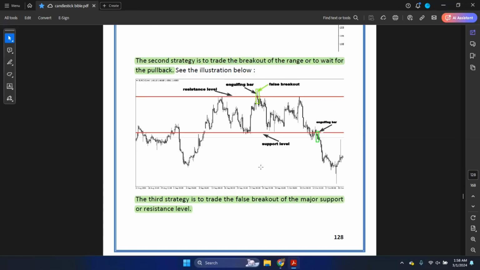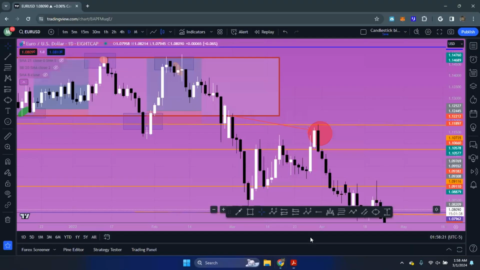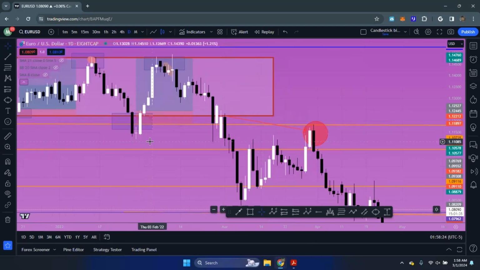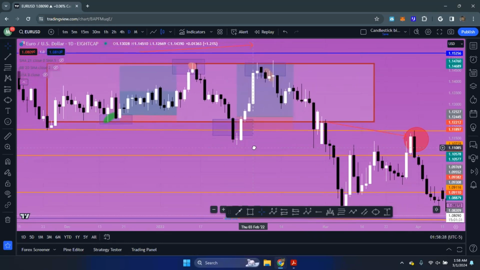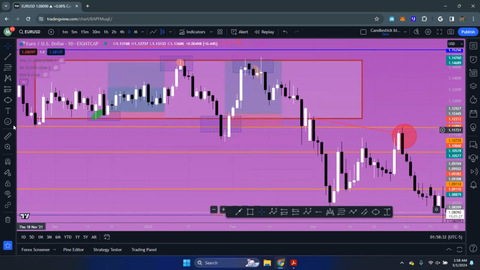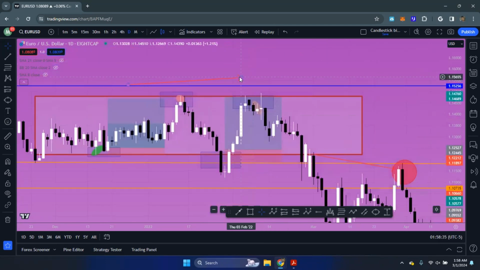Okay. And then they was talking about that false breakout. Let me see if we can find. This could be a false breakout, but let me see if I can find it on a higher time frame. I'm talking about right here. It looked as if it was going to break out, right? Candle did close below. Next candle is a doji, indecision. That next candle became bullish and it engulfed not one but both of the previous candles. Also, this is a morning star formation, letting us know that we are going bullish. She did go bullish, so that was a false breakout, but then she did end up breaking out